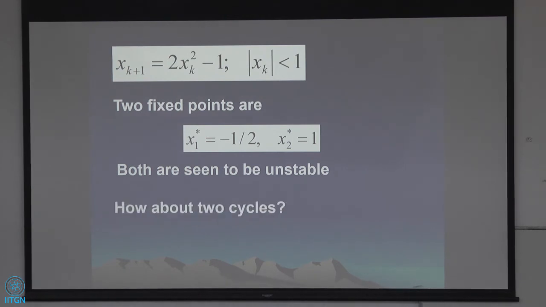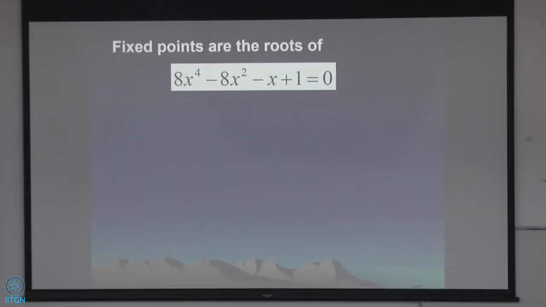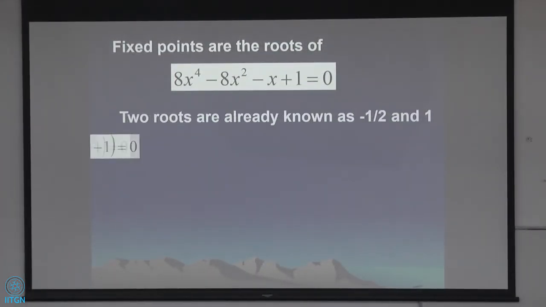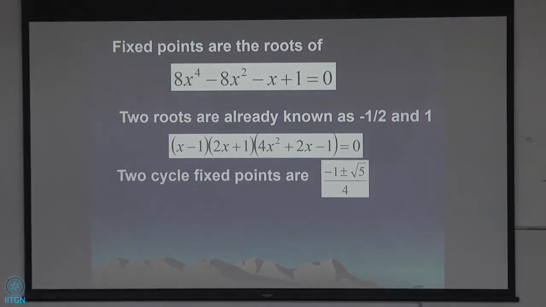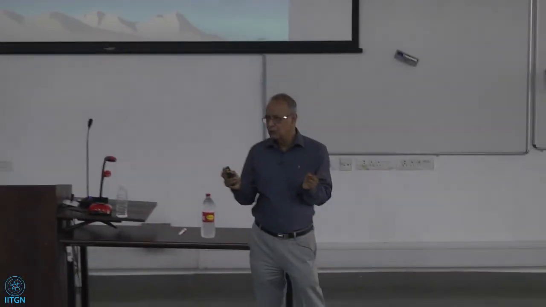Not only that, however, 2 cycles, you will see this. Fixed points are the roots of this, and again you will see 2 cycle fixed points are again unstable. Not only fixed points are unstable, 2 cycle fixed points are also unstable. That means no 2 cycle periodic behavior. Then what happens? If both are unstable,